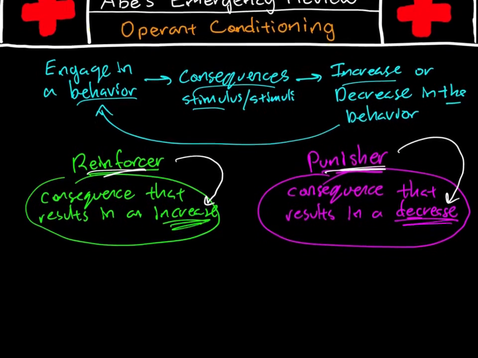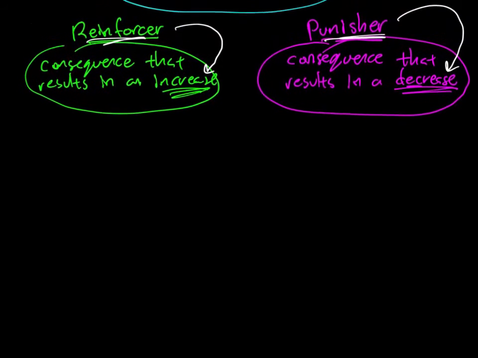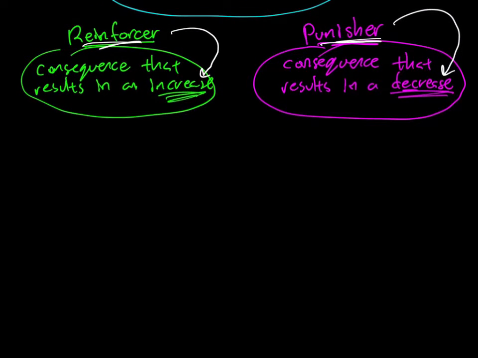So let me get a little more space here. And so we said that there are two possibilities when we have a consequence. That consequence can lead to an increase in the behavior, or that consequence can lead to a decrease in the behavior. There are actually two other possibilities with those consequences, with the stimuli involved in those consequences, because those consequences can involve the presentation